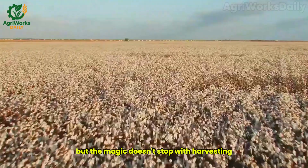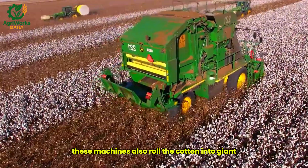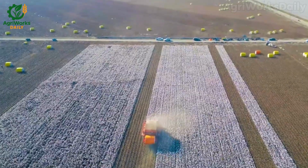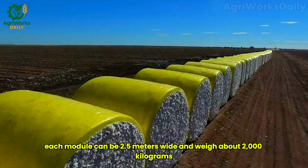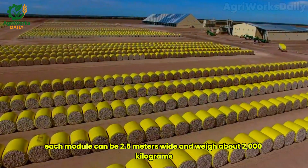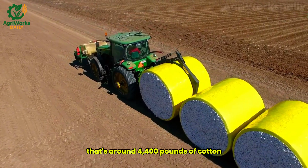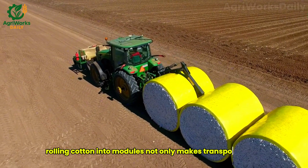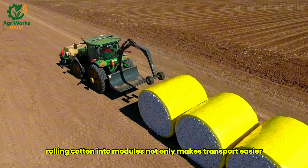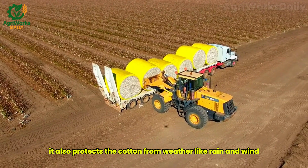But the magic doesn't stop with harvesting. These machines also roll the cotton into giant round modules right on the field. Each module can be 2.5 meters wide and weigh about 2,000 kilograms. That's around 4,400 pounds of cotton. Rolling cotton into modules not only makes transport easier, it also protects the cotton from weather like rain and wind,